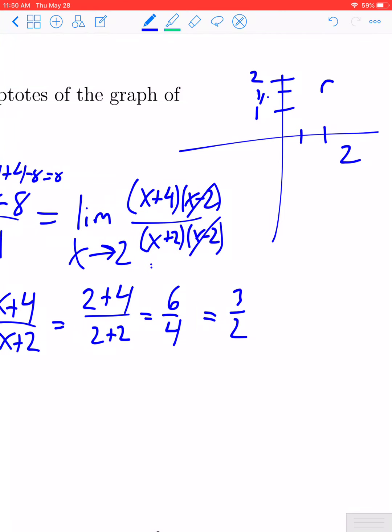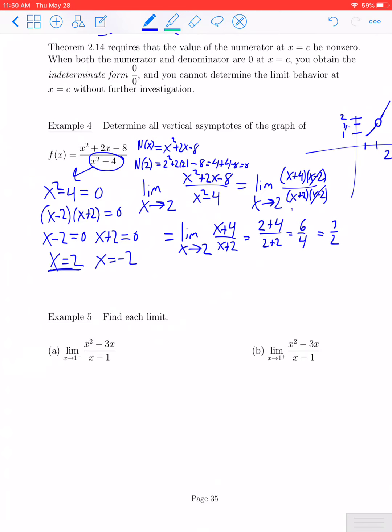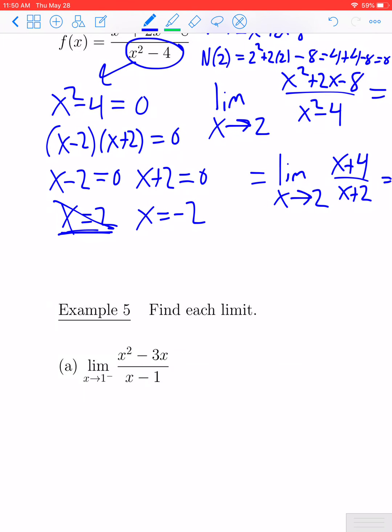So instead of having a vertical asymptote there, the function has a limit, and so we would have a hole. So x equals 2 will not be a vertical asymptote because the limit exists as x approaches 2. If we check what happens with x equals negative 2,